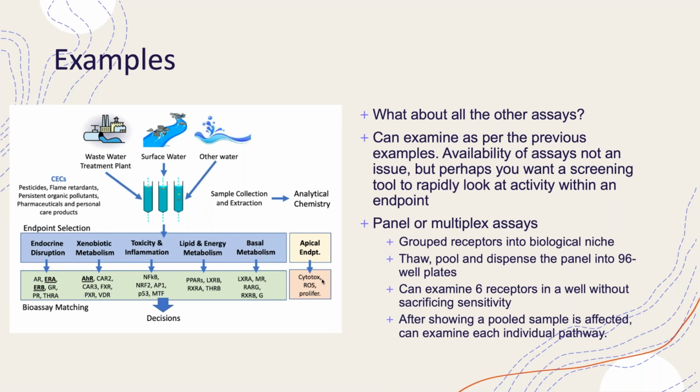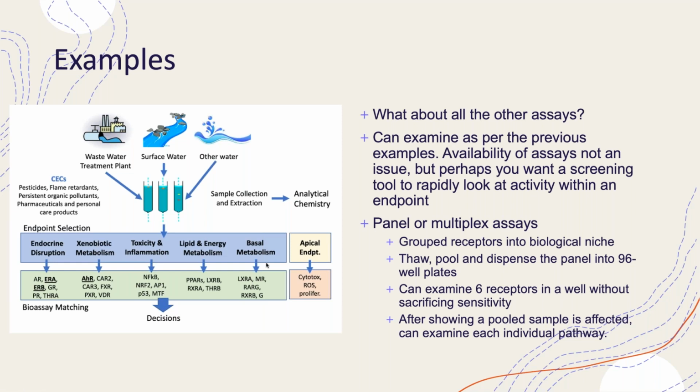But one of our interests is to be able to look at more endpoints and be able to look at more complex mixtures that may have different types of biological activities. So what I'm going to describe next is taking, instead of an individual receptor, a panel, or multiplexing several assays together to look at a biological niche or a grouping of different receptors that all have the